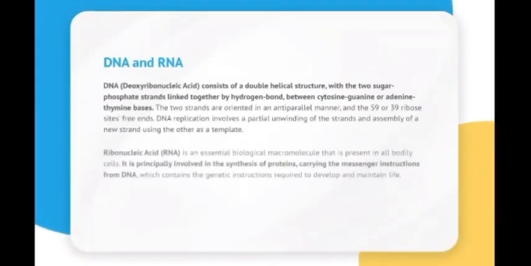DNA and RNA. DNA, deoxyribonucleic acid, consists of a double helical structure, with the 2 sugar phosphate strands linked together by hydrogen bonds between cytosine-guanine or adenine-thymine bases. The 2 strands are oriented in an antiparallel manner, with the 5' and 3' ribose sites as free ends. DNA replication involves a partial unwinding of the strands and assembly of a new strand using the other as a